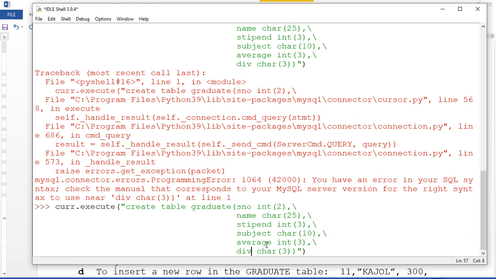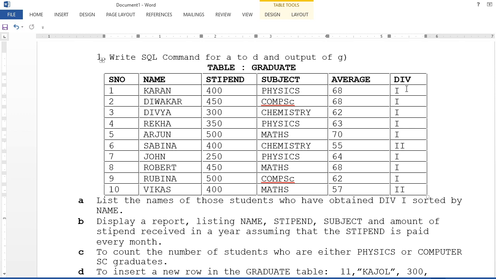What am I going to write for this one? I am going to write here grade. Tell me. Yes. Let me see. Division is this one, no? The 1, 2, 3, 4 characters are there.